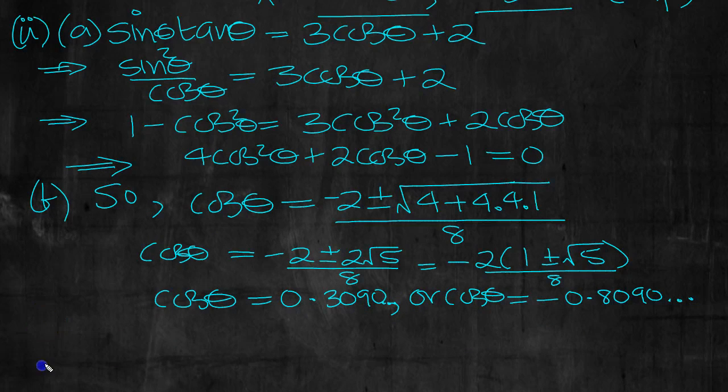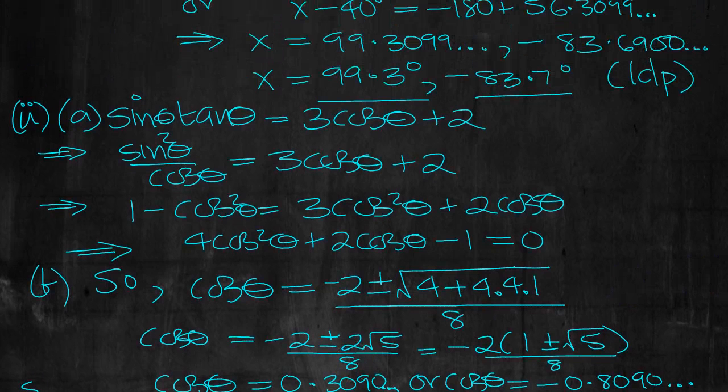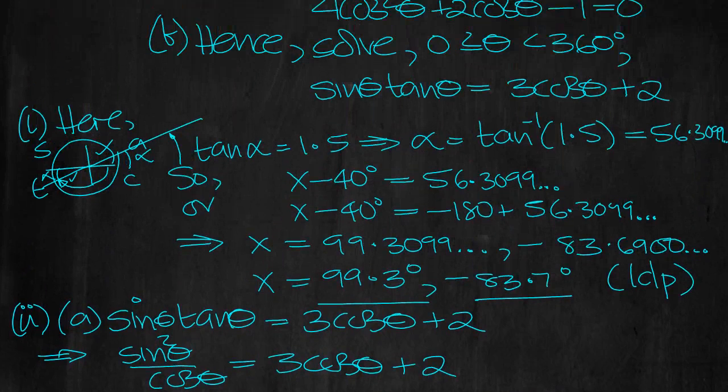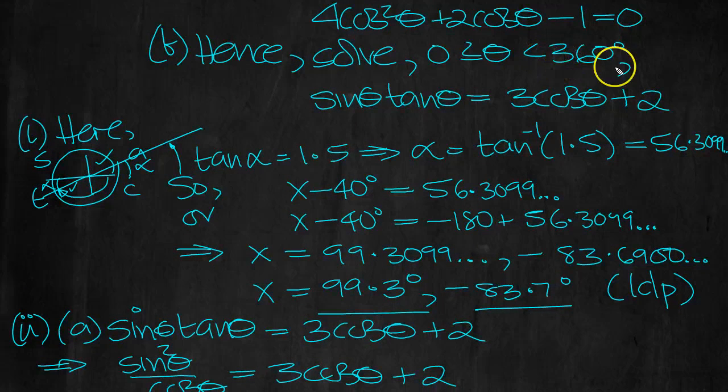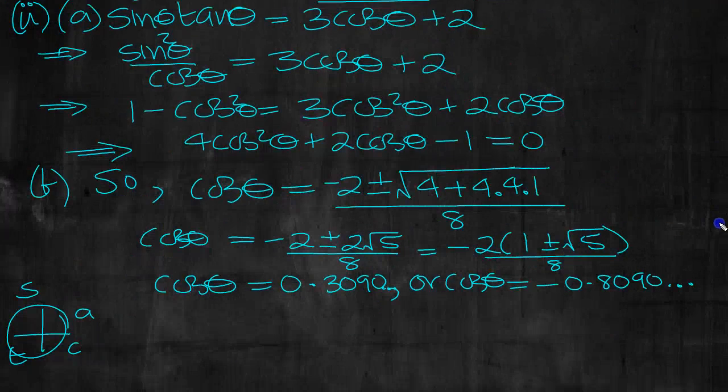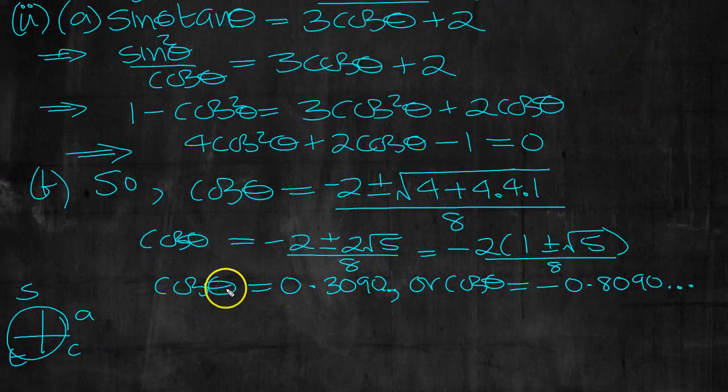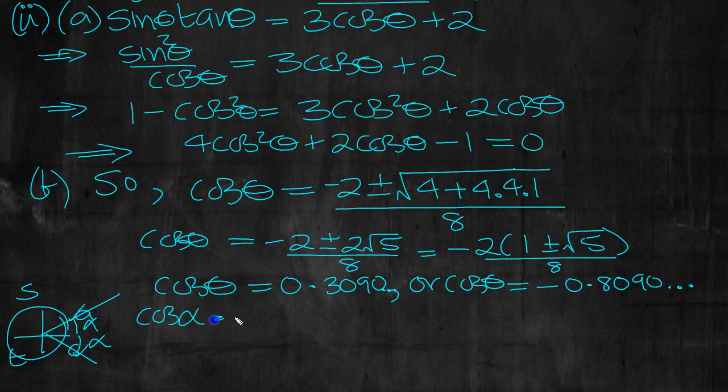So the first one then, CAST, we're solving for theta between 0 and 360, I think it was, wasn't it? Here it is here. So we get this solution then. Cos is positive here and here. Mark off alpha. And simply write cos alpha is equal to